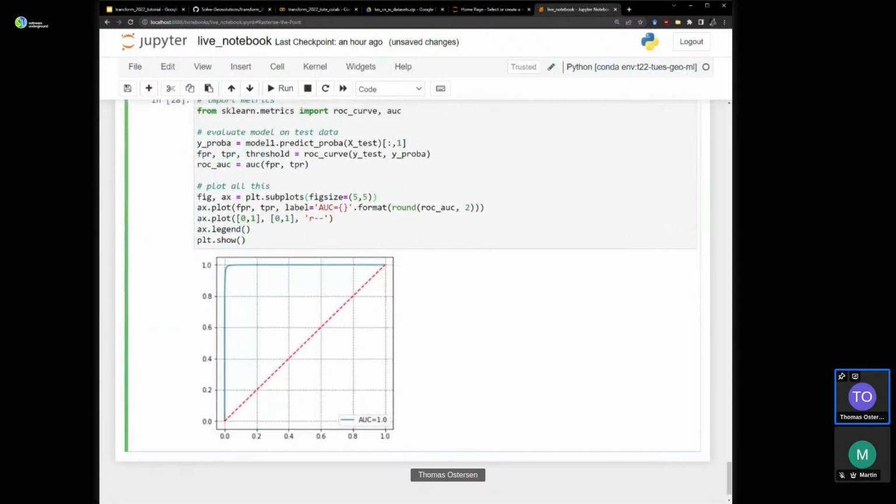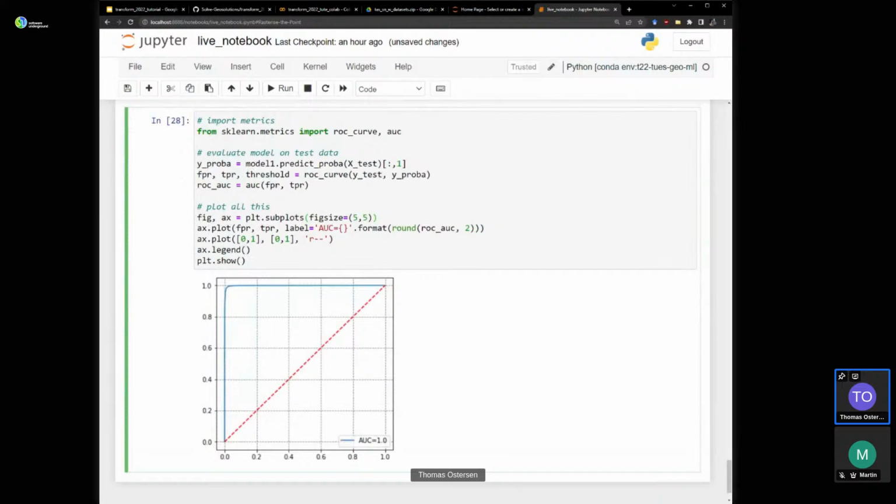So what we've done here is we've taken our model and predicted on the test set, which was a subset of the data that the model was not exposed to in training. We've calculated the true positive and the false positive rate, and then the area under the curve, and we've got this plot. So basically what we're seeing here is some measure of model performance.